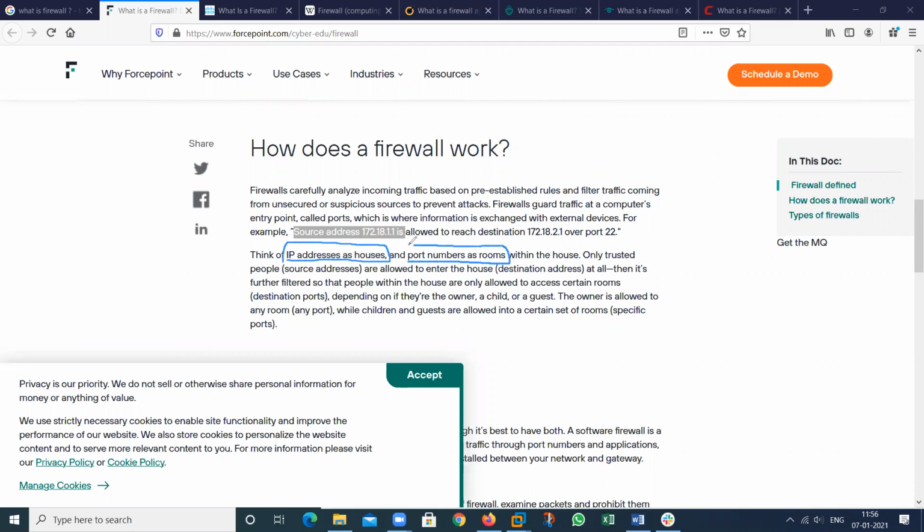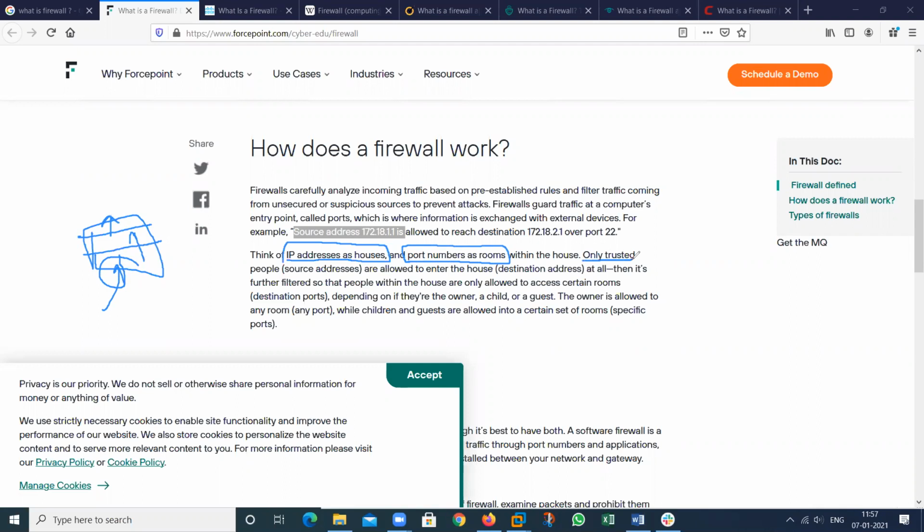See here, this is the real example. This is my house and I want to enter. If we have no key, then we are not able to open this particular lock. If we have the key, then we are able to open that particular gate.